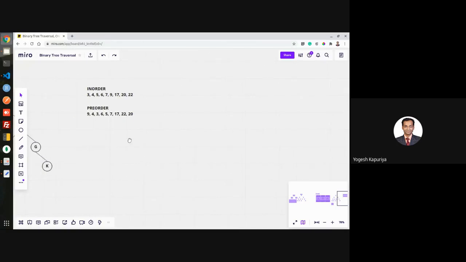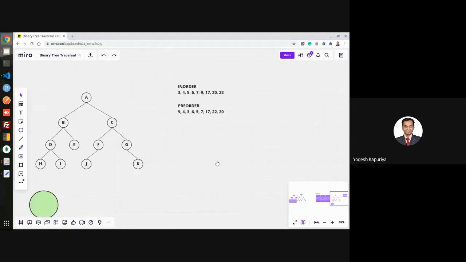Now, the first thing you should understand is that either pre-order or post-order has to be there, and in-order must be there. In the exam, if you are ever asked with pre-order given and post-order given, then it's an incorrect question, right? You cannot derive a tree from pre and post. You can only derive a tree from in and pre or in and post. That's the first thing you should understand.